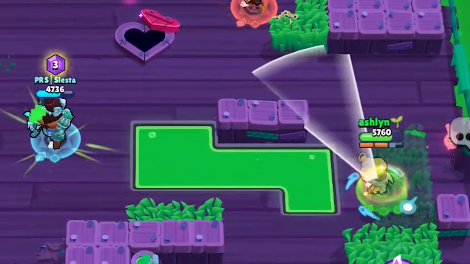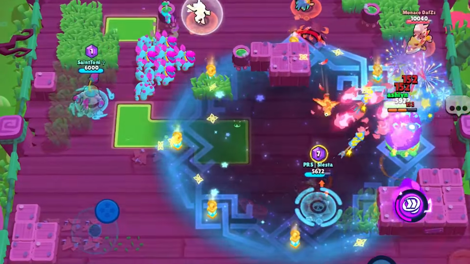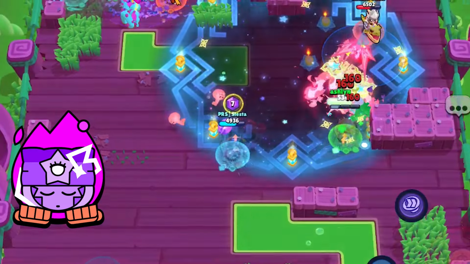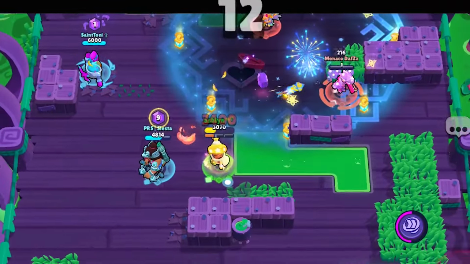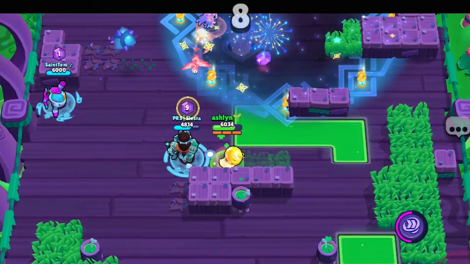definitely gonna go down. Sandy did recently get a hypercharge, and oh my goodness, it is such a great hypercharge. It adds 2 huge things to Sandy's super. First, enemies that enter his super get muted for 0.5 seconds, which could be good in modes like Brawl, or